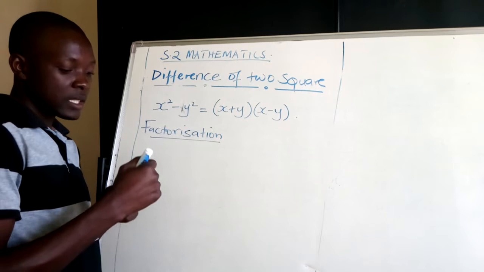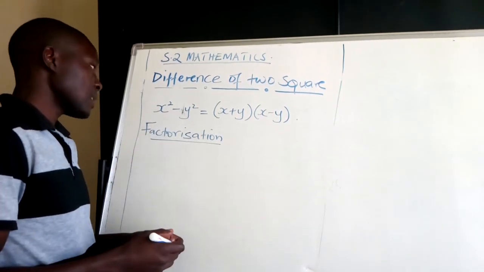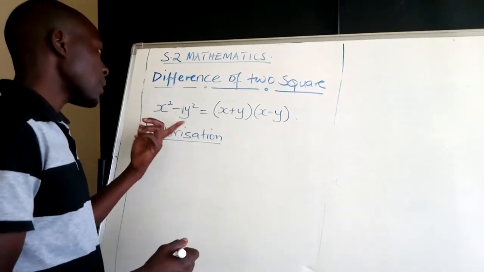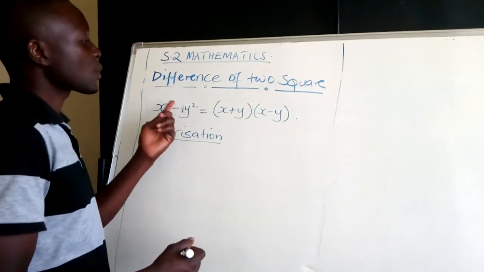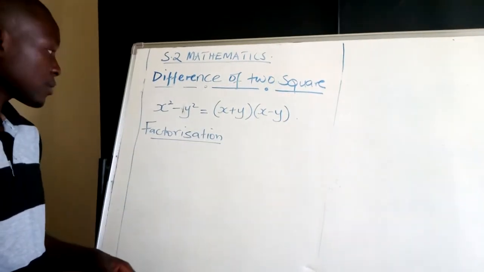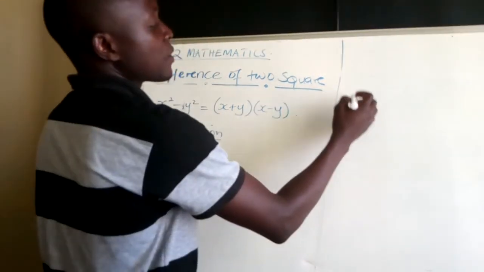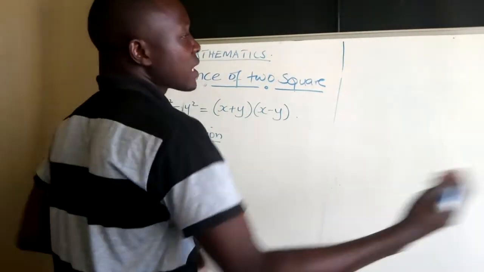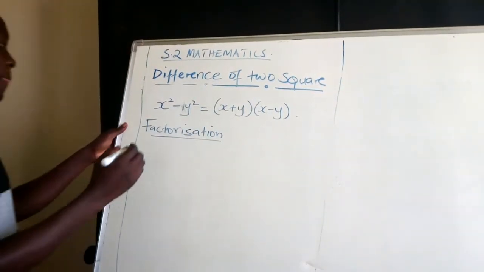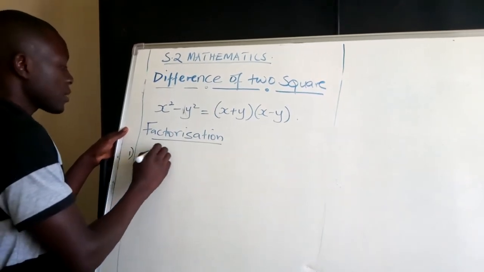In most cases, if we are given two terms, and we can express each one of those two terms as a perfect square, meaning we can put a square on each one of them, then to factorize, we can apply the difference of two squares. And I hope you also remember that factorization is writing what we are having as a product of more than one term. So if we are given a question like, say, number 1, and they tell us to factorize